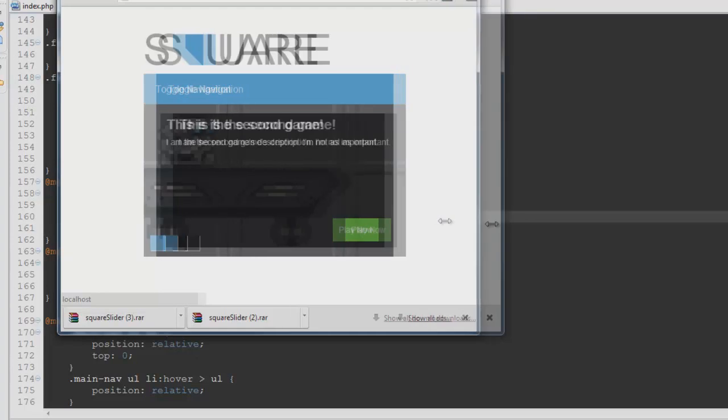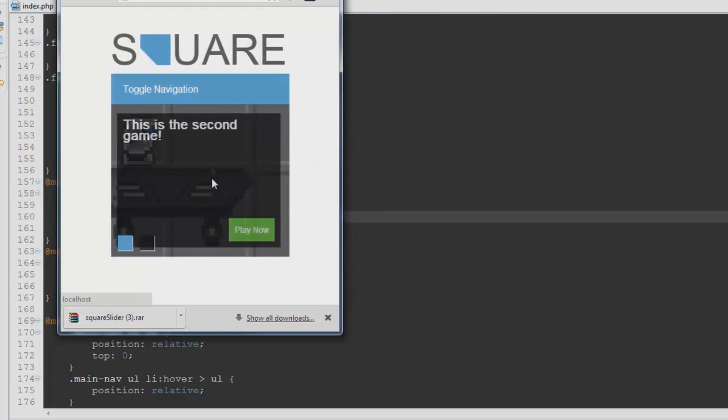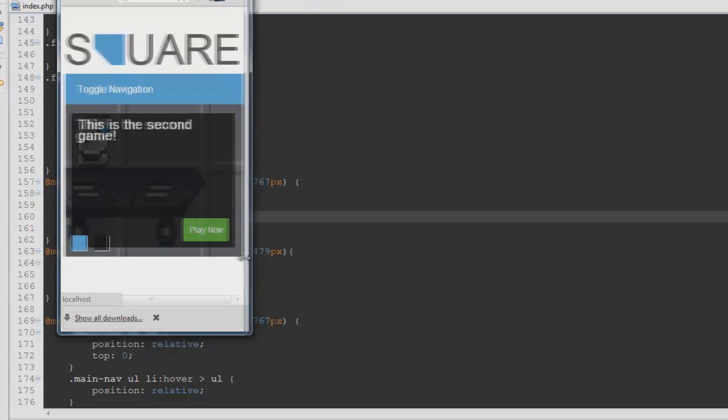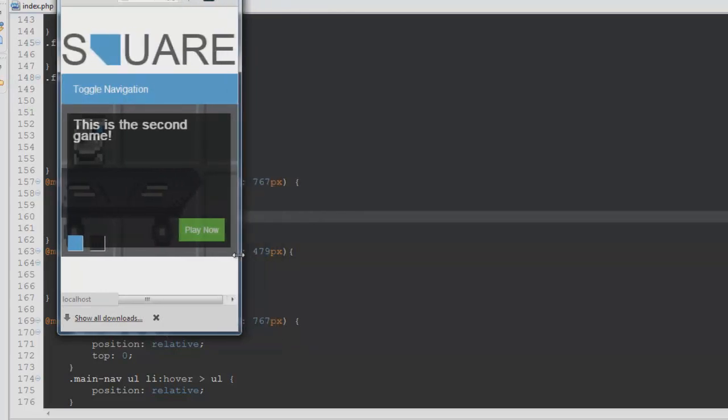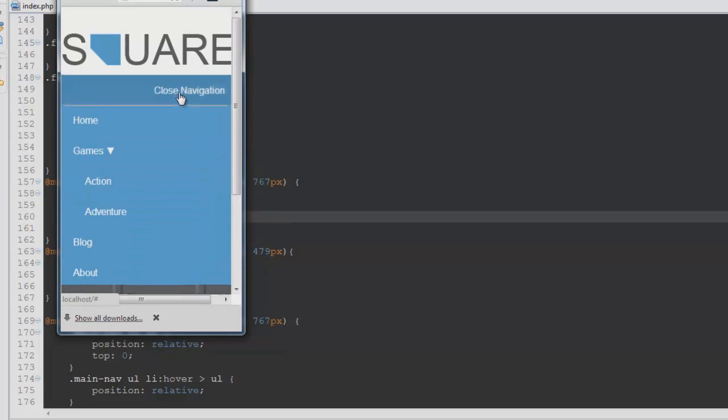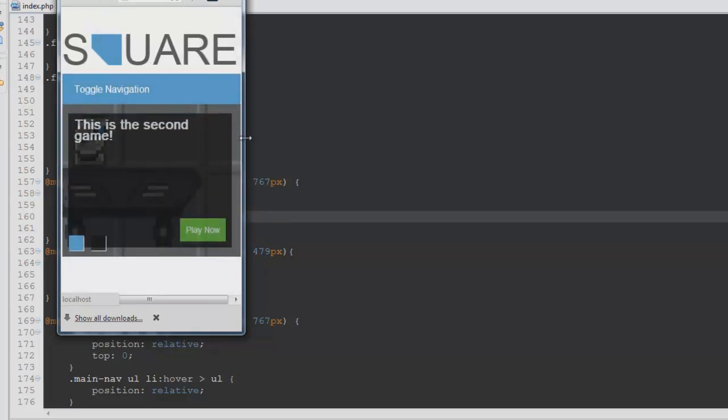And it does the same thing right there, but it gets rid of the description because our slider is not going to be this high. Again, I said in the last tutorial, the dimensions we defined for our images were just dummies. So it's not going to be this tall of a slider, so you won't have this much room in there. But then when you get right down to it, it looks just fine on a very small screen. And our navigation still works. Okay, so